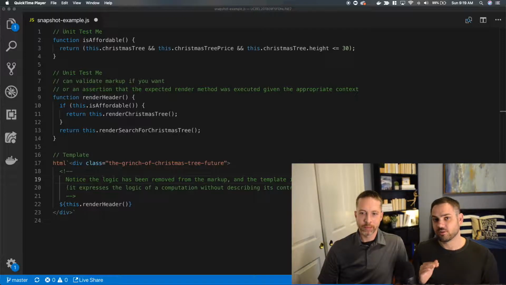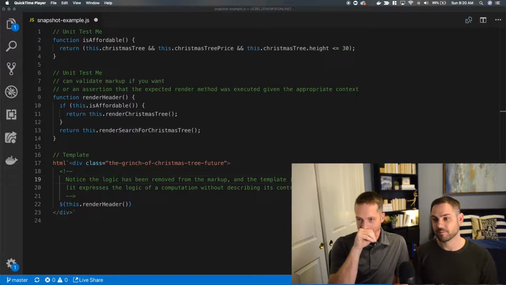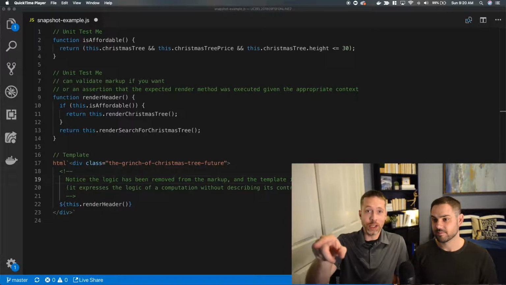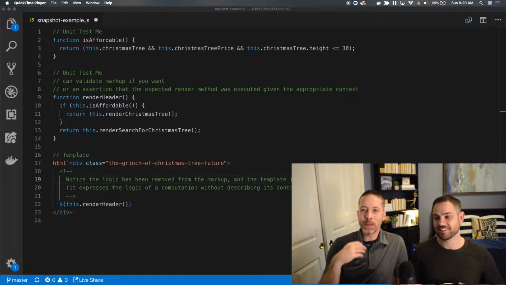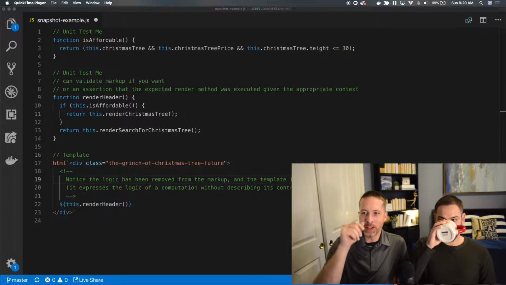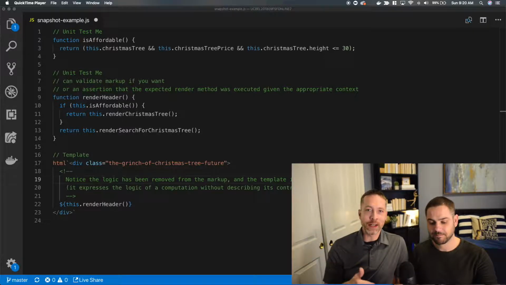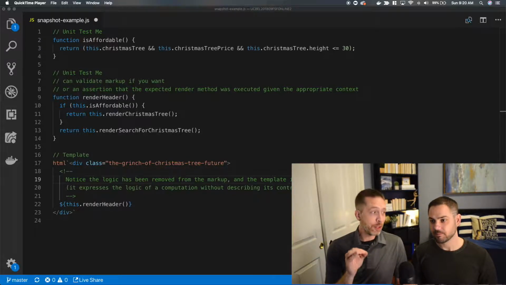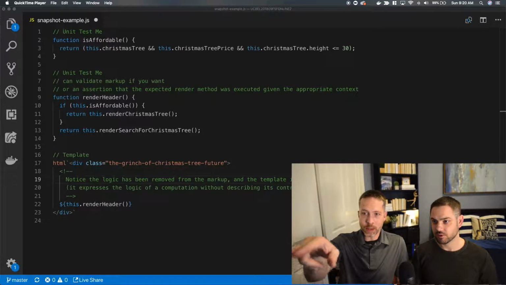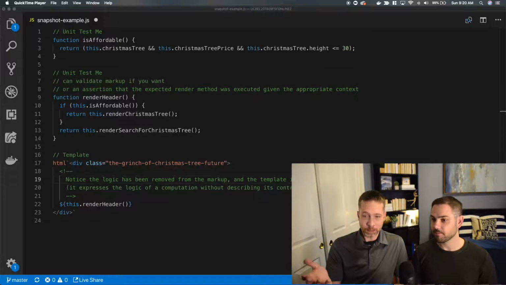You don't know about the control flow that the application is going to go through to render the header. You can read that though, and you can say, this is going to render a header, and I can trust that. If we were really good right now, we would have the 2 unit tests available. The unit test suggested here, that's testing just the logic, but visualize this with us for a second. You set up the simple unit test with the data of this.christmasTree and this.christmasTreePrice. You inject that into the test and you assert that it's going to come back true or false based upon that data. That's a pretty simple unit test. It fully tests isAffordable, because it's a simple function.